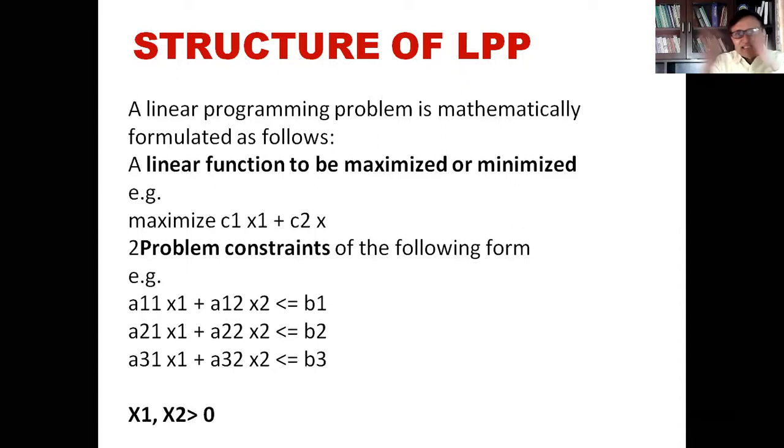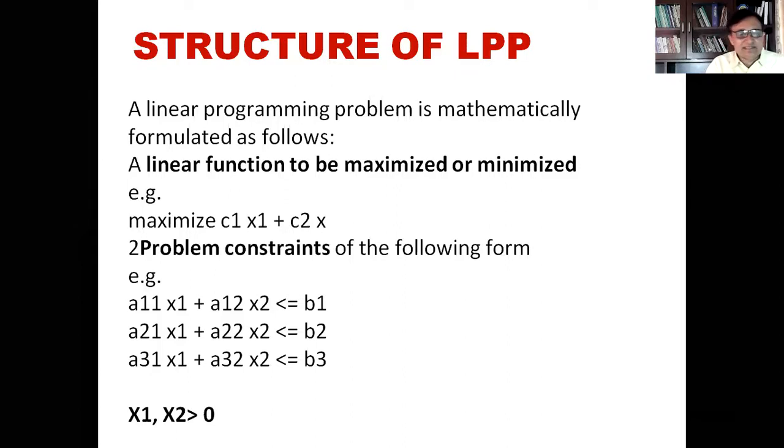So in this format of linear programming, you have the objective function, and in the objective function you have the cost and profit coefficients, that is, C1, C2 are known as cost and profit coefficients. Secondly, you have X1 and X2. X1 and X2 are decision variables for which you have to take a decision, and they are linear to each other. And now you have three constraints.